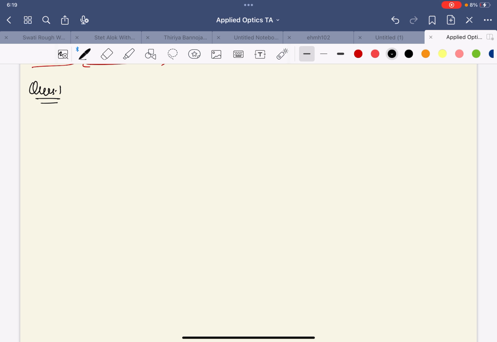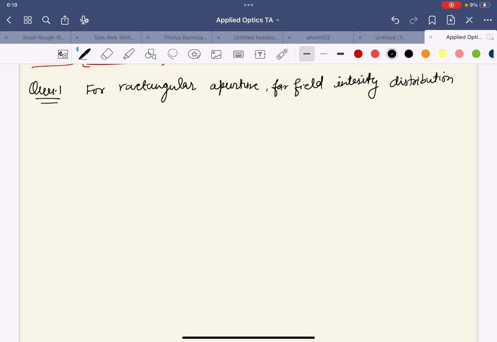The question number 1 is: given that for a rectangular aperture, the far field intensity distribution is given by, our options are